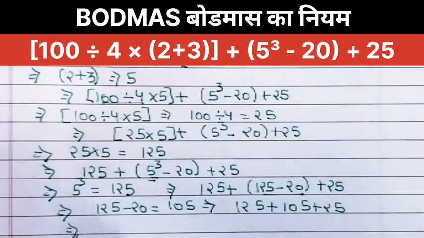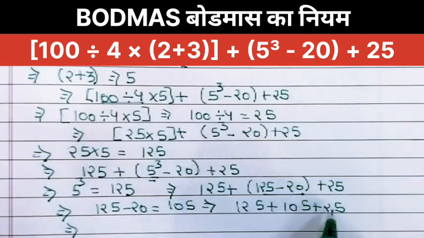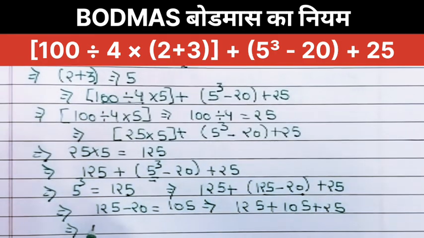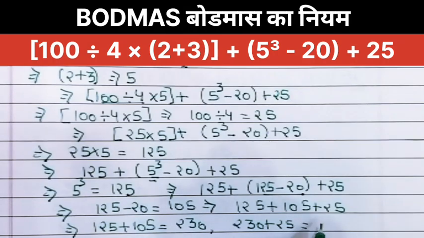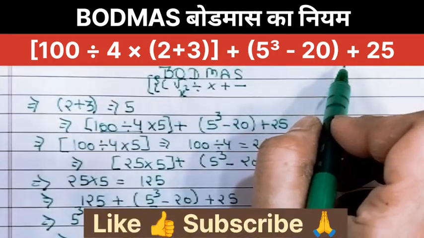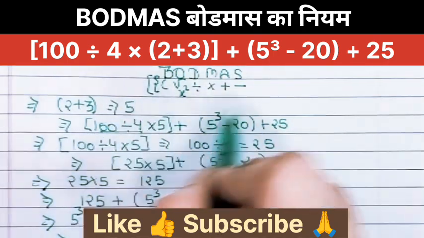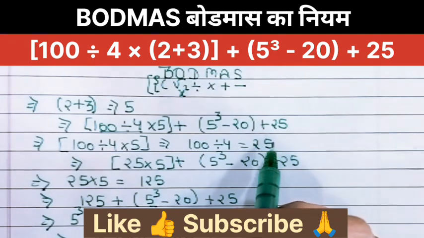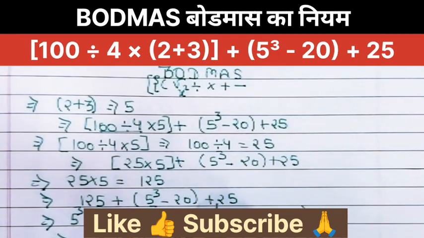Now finally the addition: add all the remaining numbers from left to right. Only additions are left, so we compute from left to right. So now 125 plus 105 equals 230, and then 230 plus 25 gives 255, and this is the final result. According to this expression, the conclusion says that by systematically breaking down the inner grouping first and respecting the left to right rule for operations of equal rank, the expression simplifies clearly to 255.